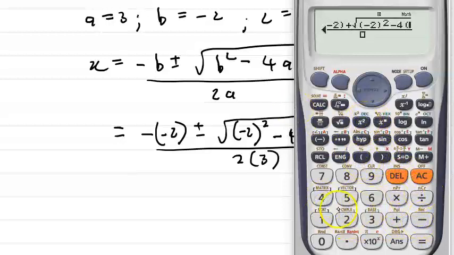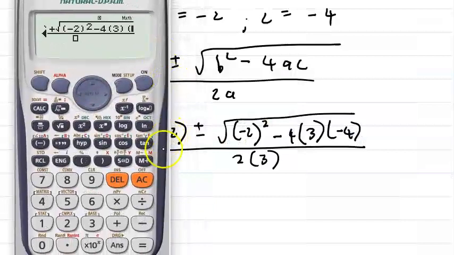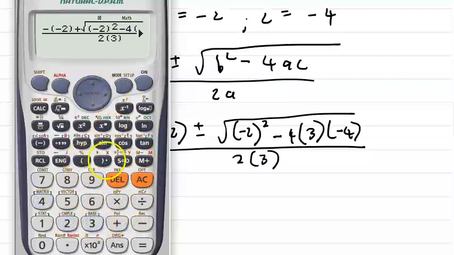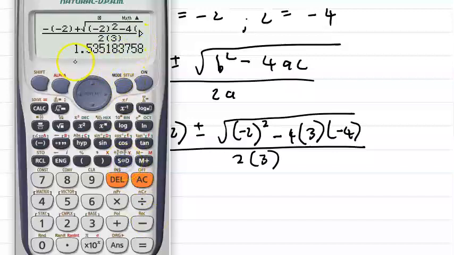My a value is 3, and then my c value is minus 4, and 2 times 3, and that equals 2. So we've got 1 plus root 13 over 3, and to 2 decimal places that'll be